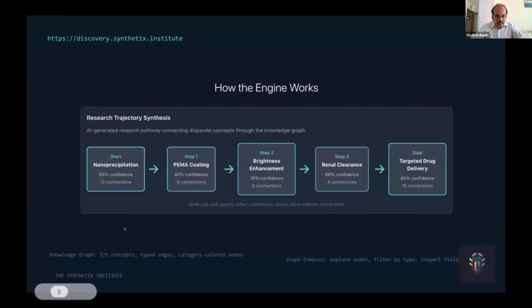For example, we have the starting nanoprecipitation, then you can use a coating, then another step is enhancement of the brightness, and then renal clearance and targeted drug delivery. This means you can connect different nodes which are not connected through the knowledge graph, and it finds the way through